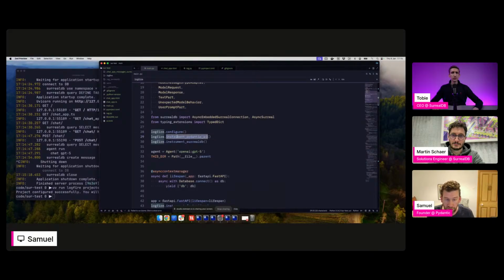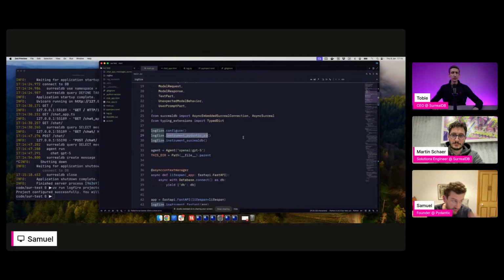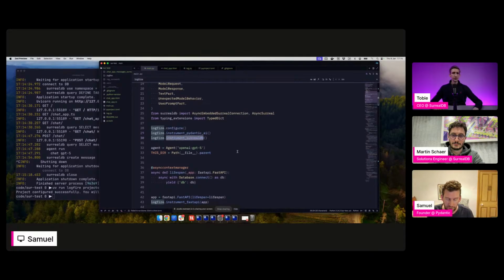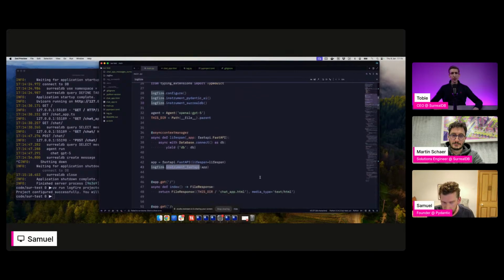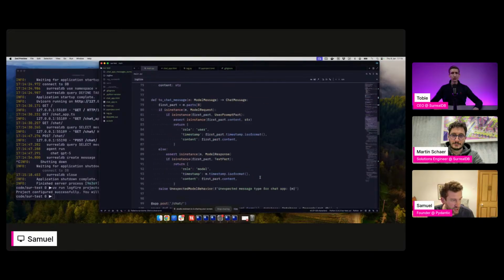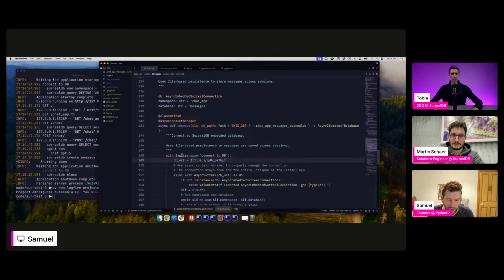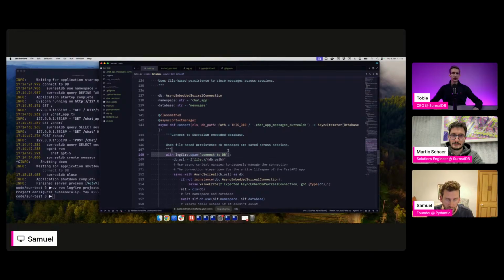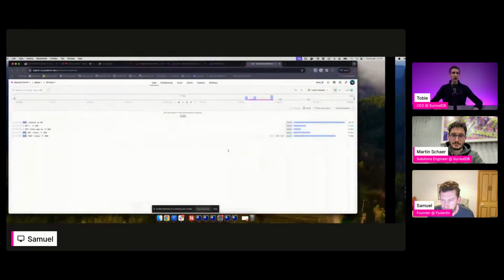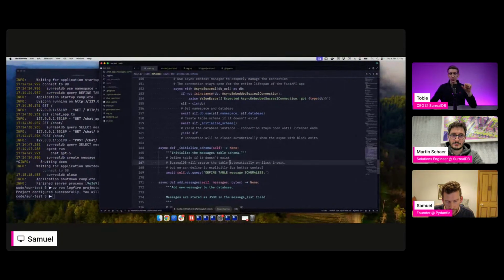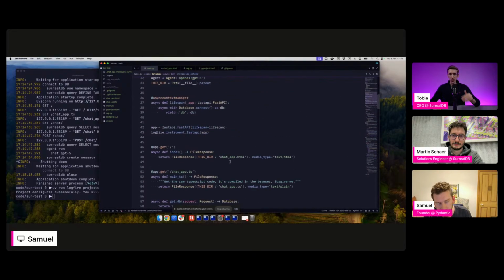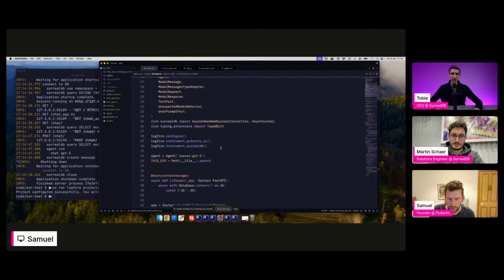And then I've just instrumented PydanticAI, which will give us the traces from PydanticAI, and instrumented SurrealDB, which should give us the SQL queries, and lastly instrumented FastAPI, so we'll get the HTTP requests. And I think that's pretty much all we've got. We've got one manual span here around connecting to the database, but it's all automated. There's very little a user has to do for all that instrumentation. It's kind of like magic in a way, that it auto-instruments everything, and then you can track everything at a later point.